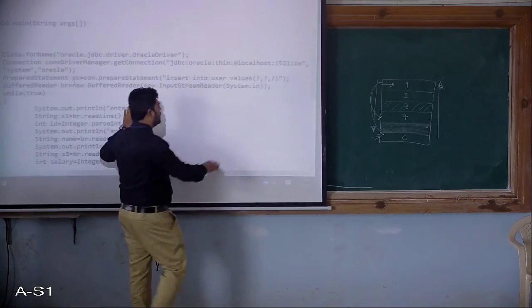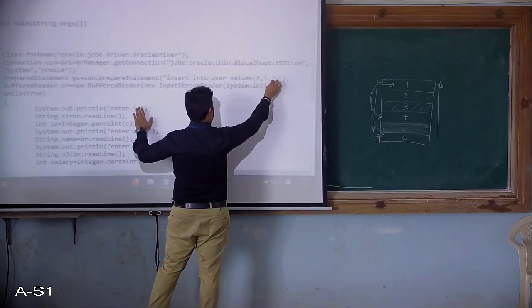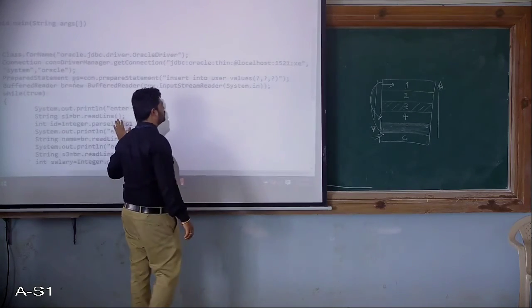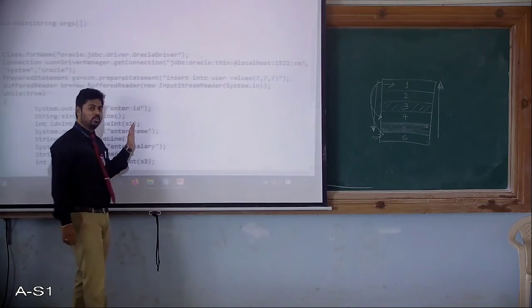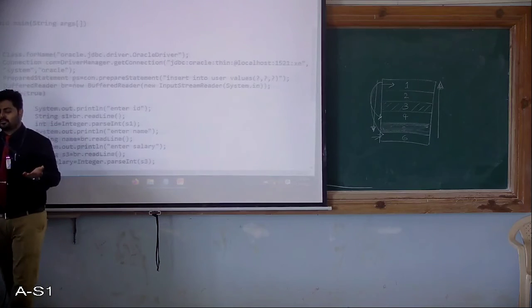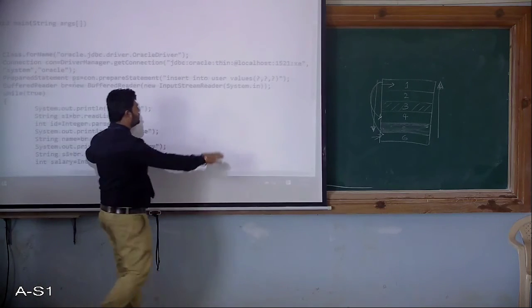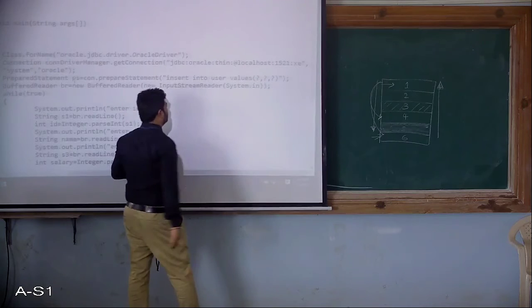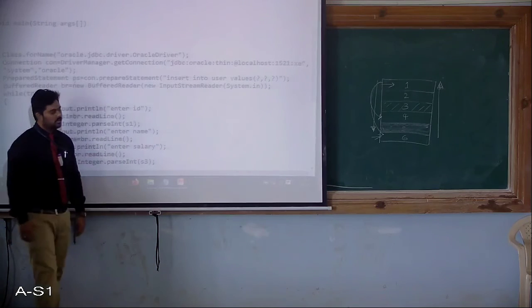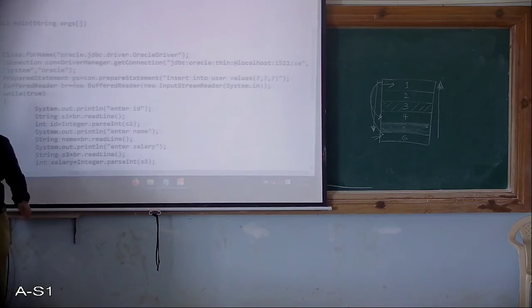You can observe here, this is just a placeholder. So I have not passed the actual values to that particular statement or SQL query. So I need to pass them now. Whichever value the user enters will come and sit in this placeholder. That is how I am going to access the values. That is the advantage of your PreparedStatement.